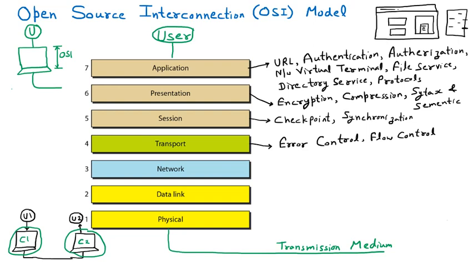Then the next one is the network layer. Now we both are chatting with each other. Let us suppose the same example I am opting for. Now this is your system and this is my system. Assuming the same example, C1 and C2. Now we are going to the deeper level. This is user 1, which is you. This is user 2, which is me. You are sending, I am receiving.